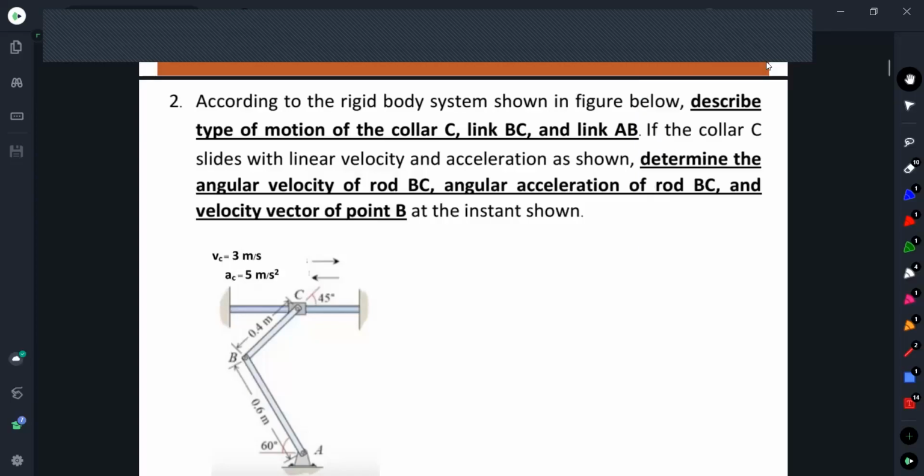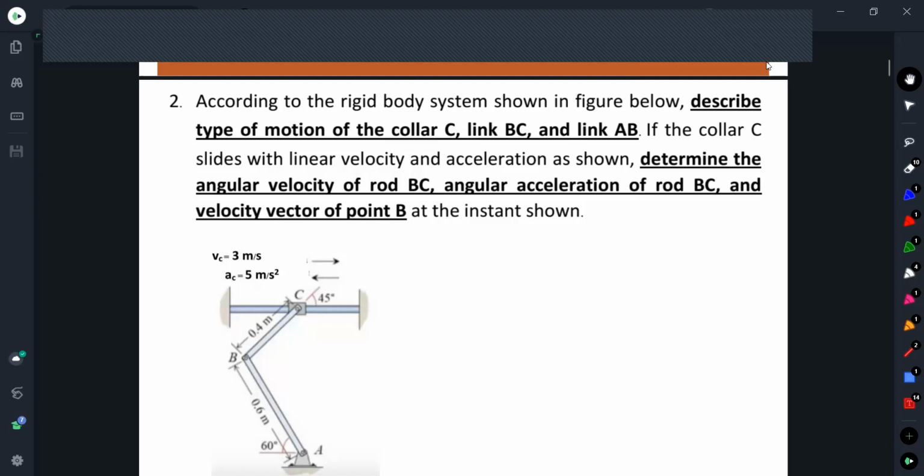Okay, for the first problem, it is the rigid body system. It is composed of the link AB, link BC, and also the column C. The column C can move horizontally along the track. We would like to find the angular velocity of link BC, angular acceleration of link BC, and velocity vector